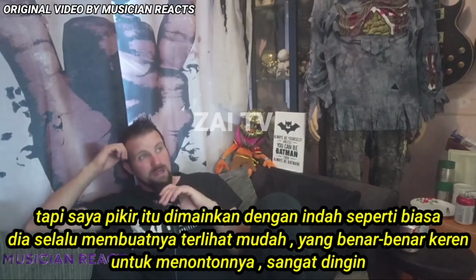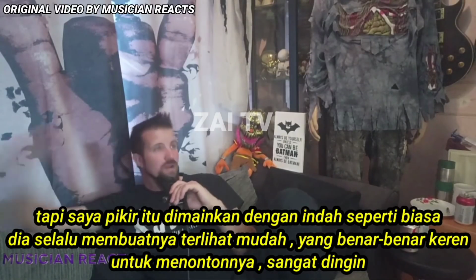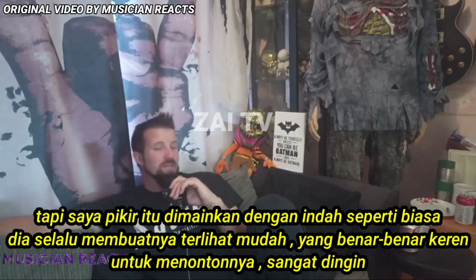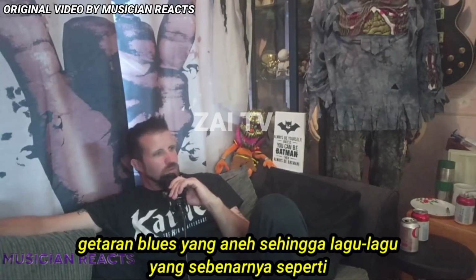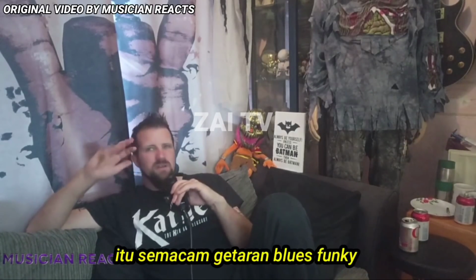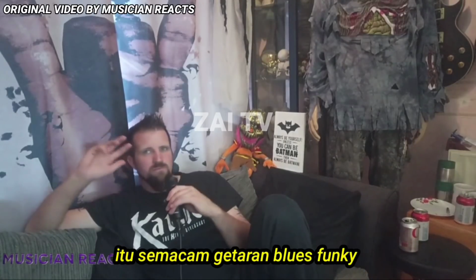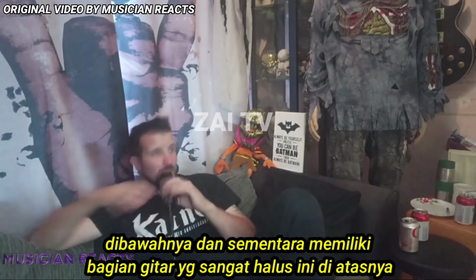But I thought it was beautifully played, as always. He always makes it look effortless, which is really cool to watch. It's very chilled. It almost had like an odd blues vibe to the actual song. It's like boom, ba-da-da. It's kind of this funky blues vibe underneath it, whilst having this really delicate guitar part over the top. So